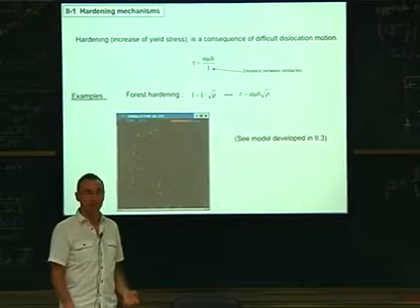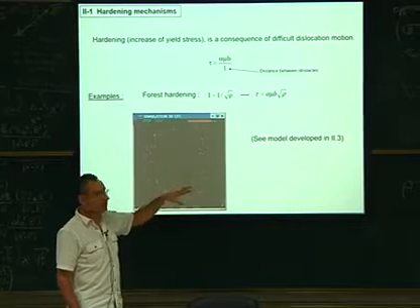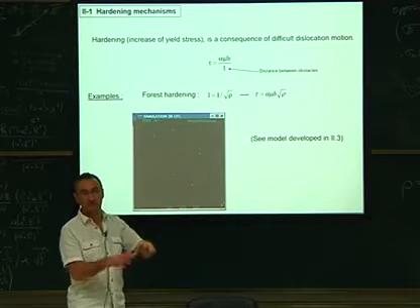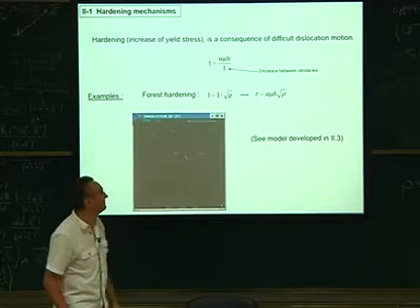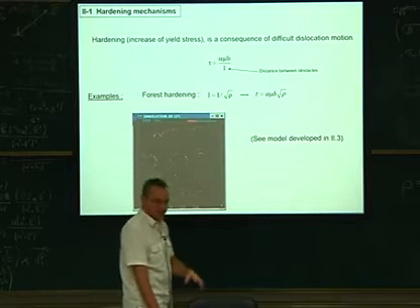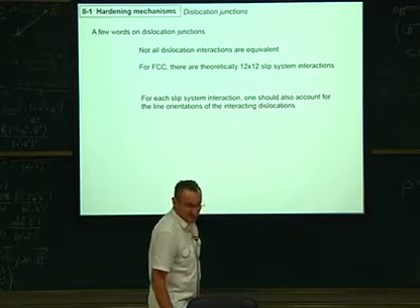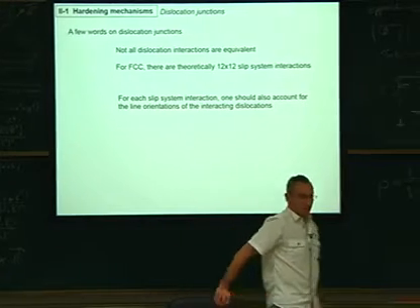And tomorrow I will show you in detail a model based on that equation, typically how we can, out of that, build a crystal plasticity model for FEM, the finite element method. Okay? So this is this forest hardening. And how is this done, why do you have such a stiffness? It's not so easy. Why is it not so easy?